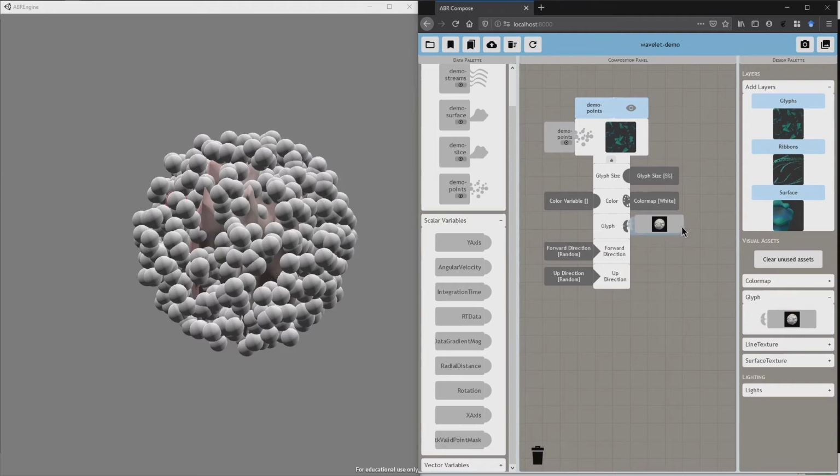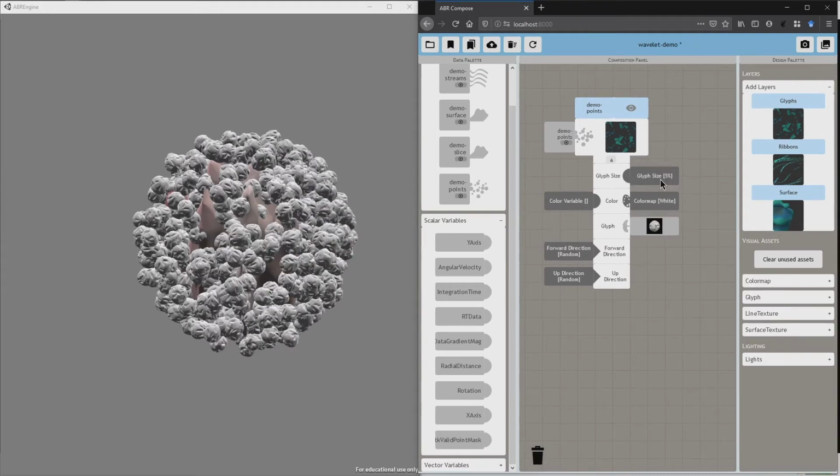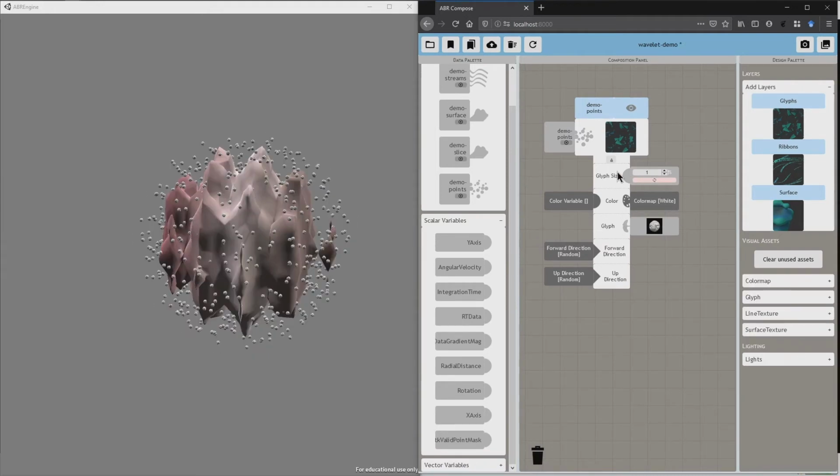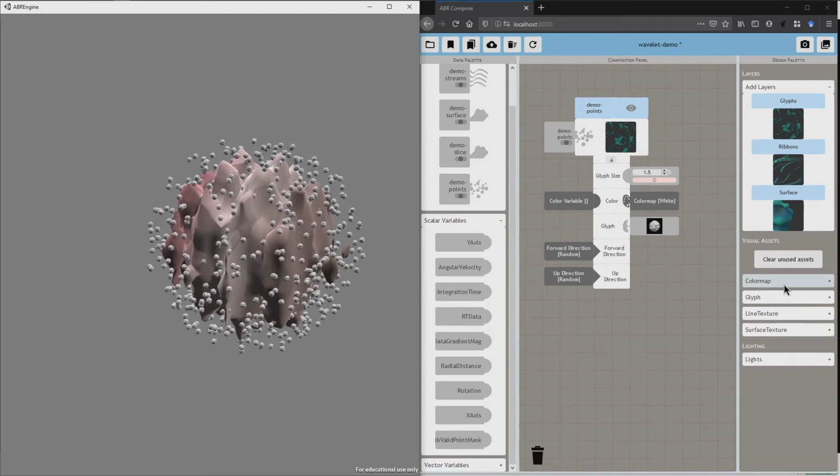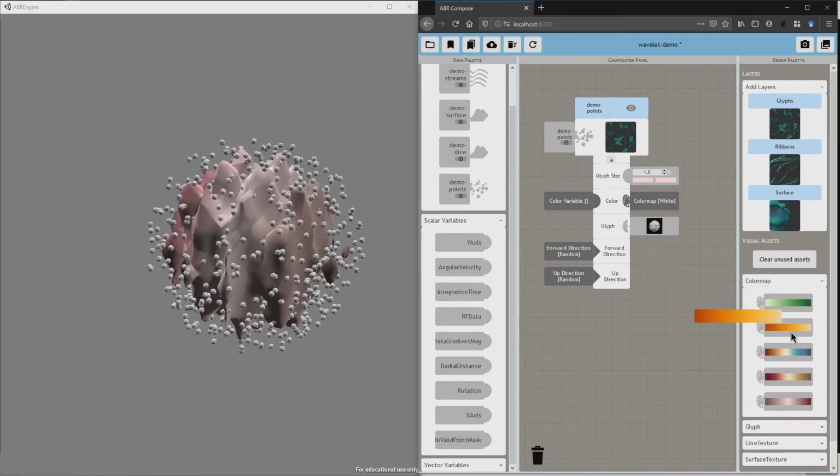And ooh, those glyphs are a bit too big, so no problem. First I'm going to put something on them so I can see what I've got. Then I'm going to go up and adjust the size of the glyph. And oh, that's better. Now I can see the glyphs within the context that I'm looking for. I can make them a little bigger, a little smaller, move them around to make sure that they fit